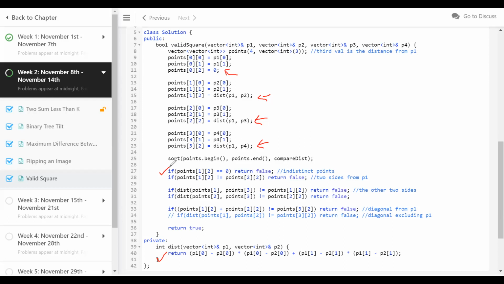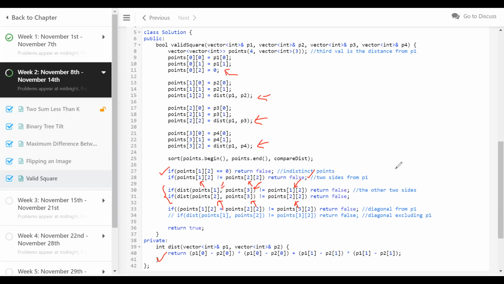All right. So once I do that, the second point and third point, which are points 1 and points 2, both of them should be at the same distance from point 0, which is the first point. If not, I'm going to return false. So these are more like necessary conditions I keep checking. The second set of necessary conditions is that the distance from points of 1 and points of 2 to points of 3, which is the diagonally opposite point of the first point, should also be equal to the length of the side. The length of the side is either points of 1 or points of 2 from the first point. So if it is not equal to that, I'm going to return false, right?